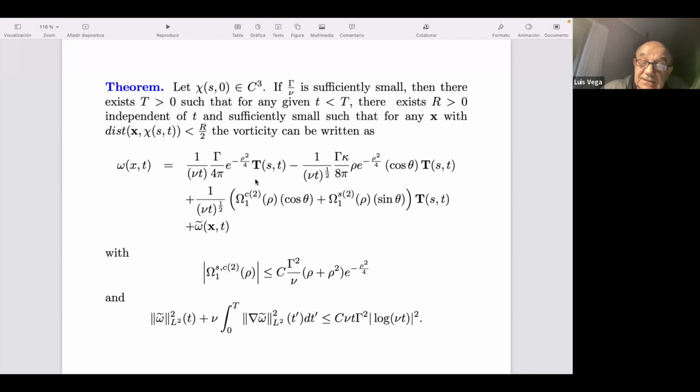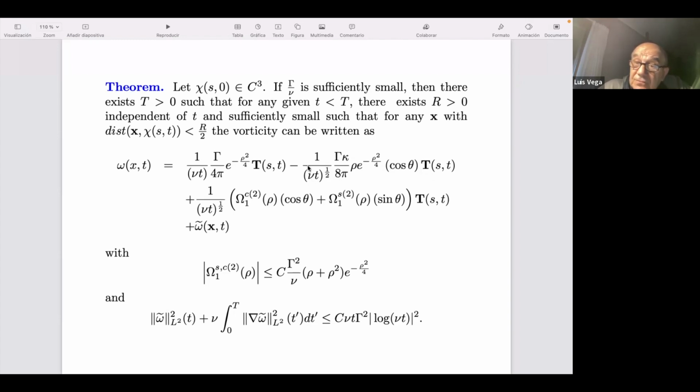in the straight case, in the case of the straight filament, and then to treat the rest as a perturbation, right? And then they are able to avoid the smallness of this guy and to construct a solution for all times. But then they lose the information about what comes later on. And this is what we add here. So we say that the next term acts in the direction of the normal, because remember this was the cosine of theta. The curvature appears, and of course you have gained a power of a square root of nu t, right? But still it's in the rho.